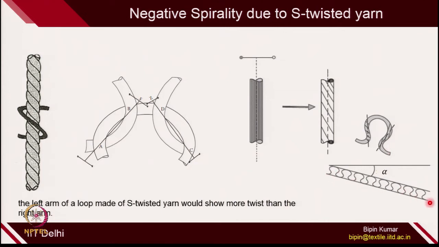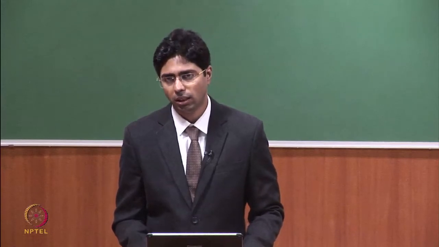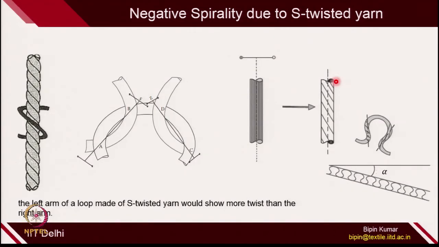So, all the loops of that particular course actually follow the sequence of a spiral. This is negative spirality. So, you have seen how the loop formation not only disturbs the straight segment of yarn, but also disturbs its twist amount. Once the twist is disturbed, the fabric does not remain stable, and the loops form a spiral nature. This is very prominent, especially when we are making circular fabrics with spun yarn.